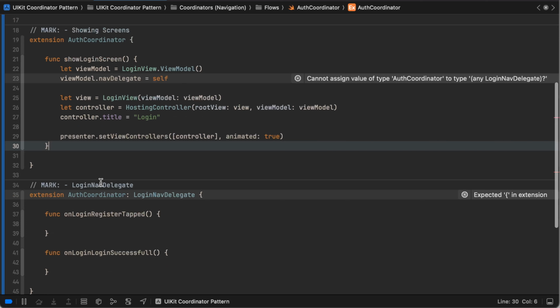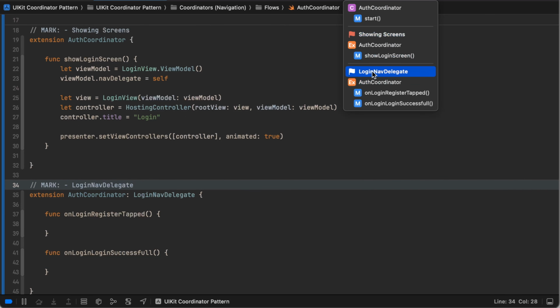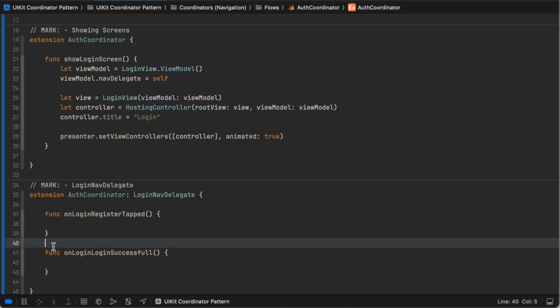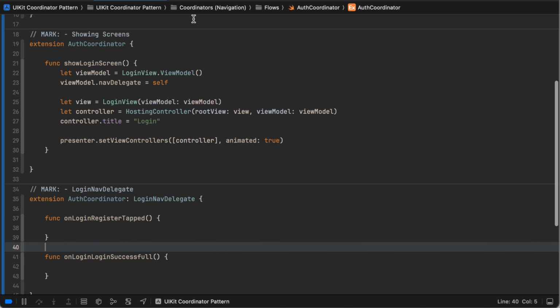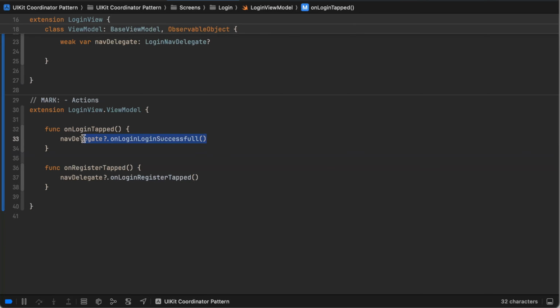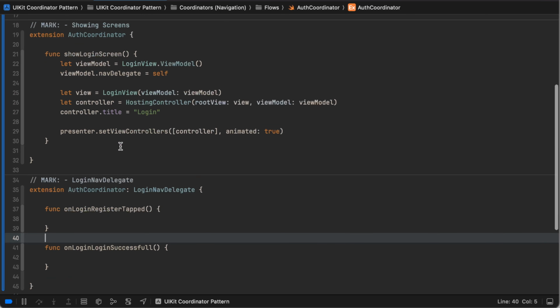Also, just to reiterate again, it's important to have these marks in here because you can come up here and hit Control-6, or you can click on this selection area here and it will actually show these little flags to organize everything pretty nice and neat. Okay, so onLoginRegisterTapped and onLoginSuccessful. We don't have any actions for this yet, but now that LoginViewModel, when the user taps on things and it delegates back up to the nav delegate,